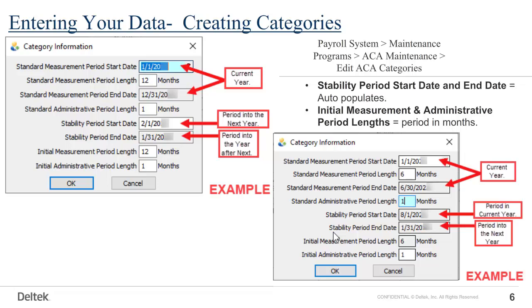For employees who were considered full-time, so either working an average minimum of 30 hours per week or at least 130 hours a month, during the standard measurement period, they should be offered health coverage for the entire standard stability period, regardless of actual hours worked during the period's time frame, unless they cease to be employed by the employer. And the standard stability period must be at least 6 consecutive calendar months and cannot be shorter than